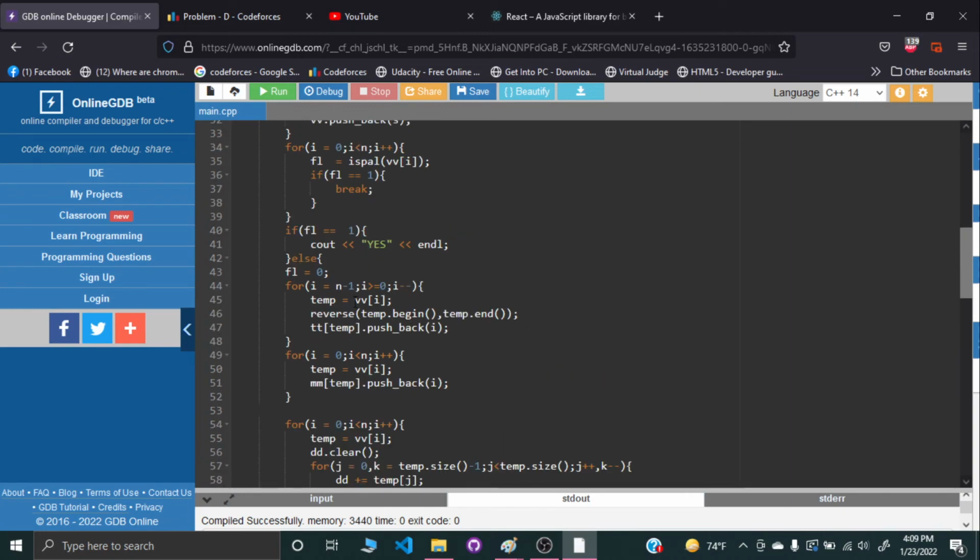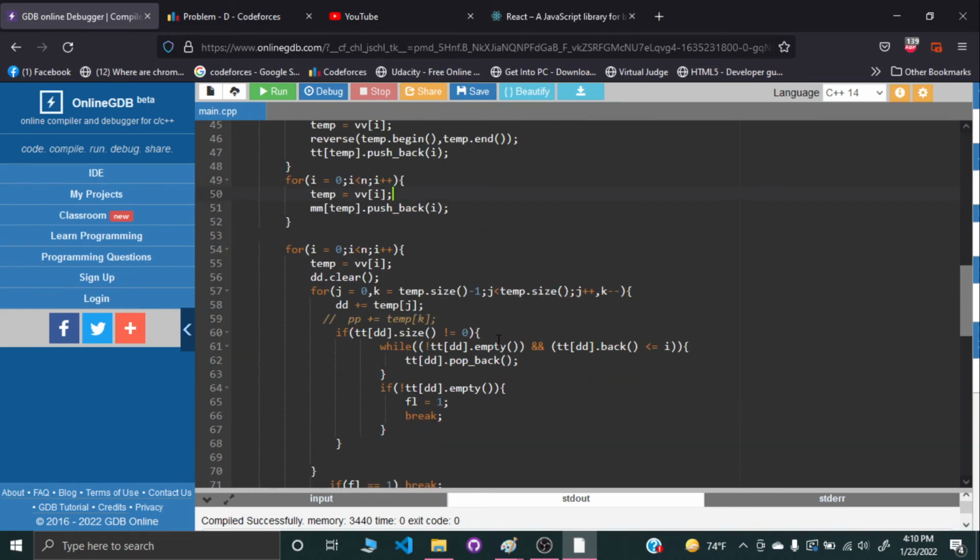We've stored the values for each and every string, traversing it from back and forth. This was the third case and this was the second case. I hope you're getting it. I'm traversing from the back, making the string's reverse value, because we're going to compare it with the prefix. That's why, and we're pushing the index into the vector and mapping it with the string itself, right? And yes, that's it actually.